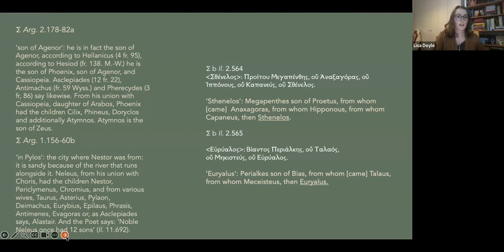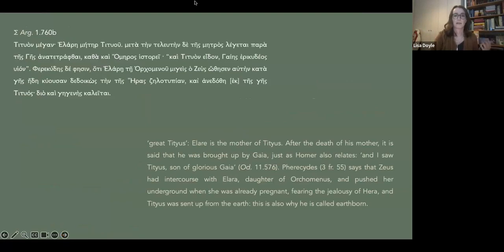The genealogies are not just interested with heroes, although heroes are mythical, they're also interested with truly mythical figures in terms of mythical beings such as giants. So what I have here is an example concerned with Titius, the mythological giant. A lot of the accounts in antiquity will focus on his punishment in the underworld. So like Sisyphus, he was condemned to a horrific punishment. But what the commentators are concerned with here is his genealogy.